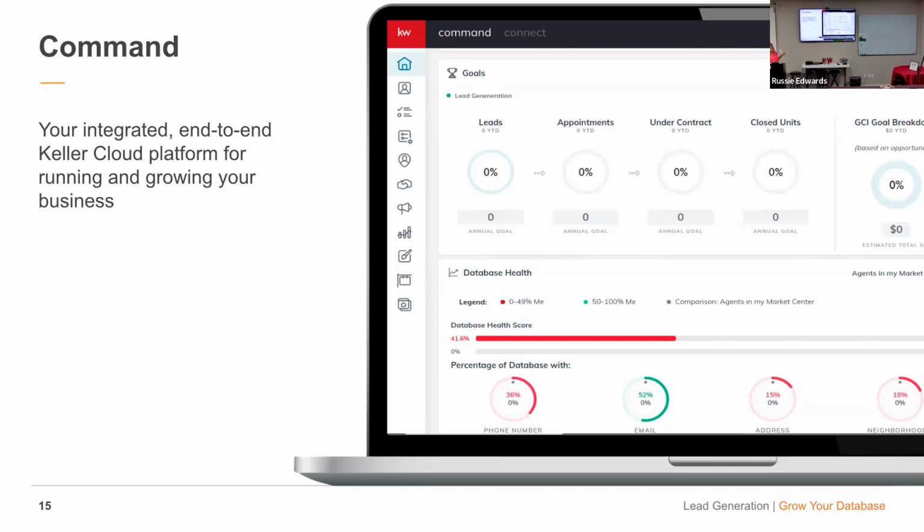There's marketing suite and then your referral network to connect with people everywhere. So that's what Command's going to do for you. And is it Command where, once you have a transaction going in your contract, you send everything to Command as well? Yes, so all of your compliance happens in Command as well. So that's the opportunity pipeline.